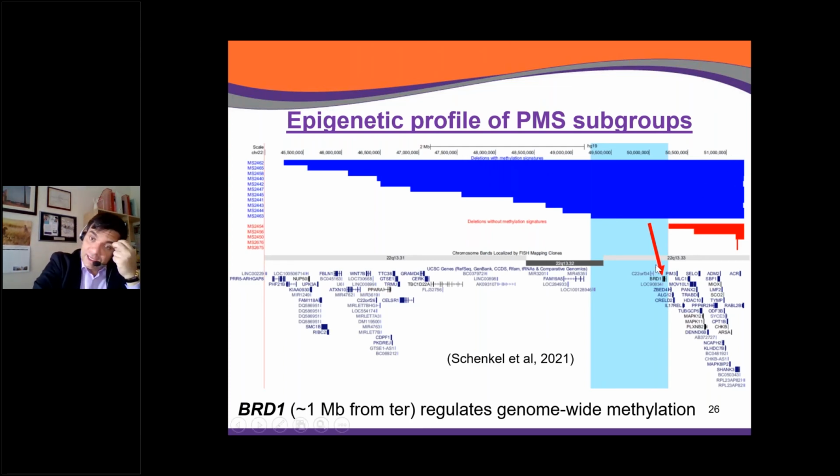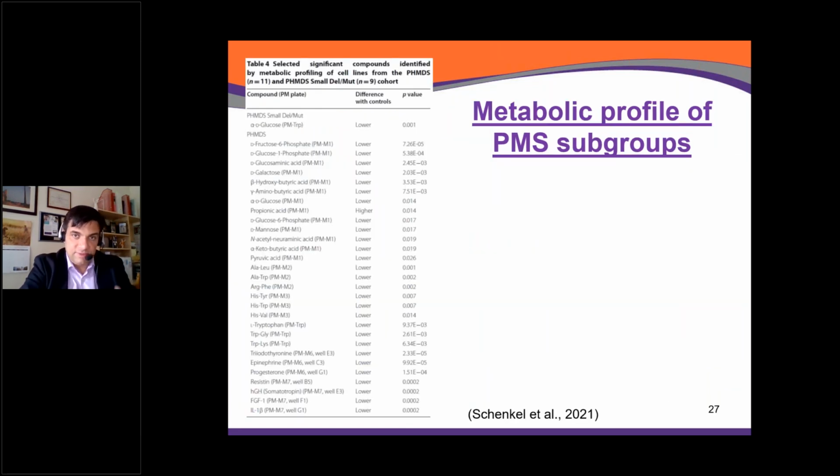And we realized that one of the possible explanations for this dramatic difference was the presence of the BRD1 gene that you can see here highlighted from this arrow. And this gene is involved in genome-wide methylation. So perhaps losing one copy of the gene will disrupt the methylation in the rest of the genome and will disrupt the epigenetic profile. But very interestingly, the metabolic profile that we also tested using the Biolog arrays was matching